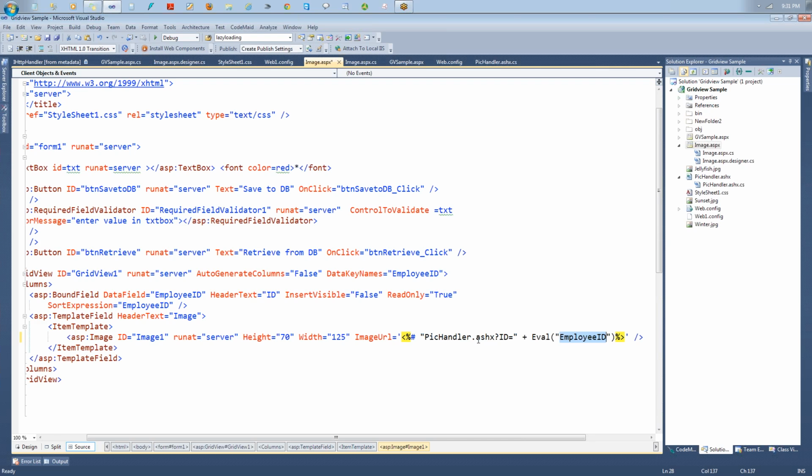Understand that? Very good. So in the handler file,